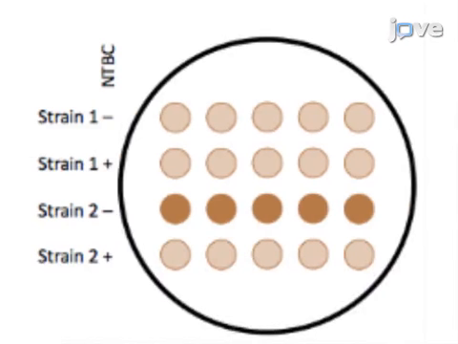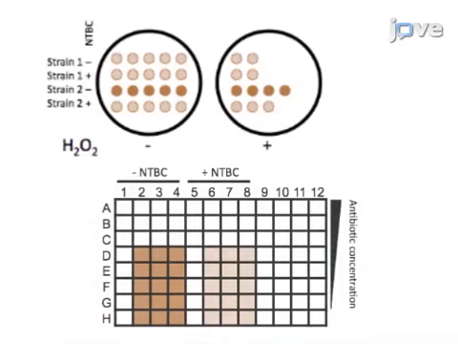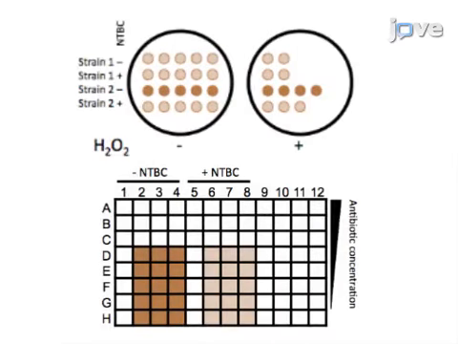Next, NTBC-treated cultures are exposed to hydrogen peroxide in order to determine sensitivity to oxidative stress with NTBC treatment. Results are obtained that show treating pyomelanogenic bacteria with NTBC leads to a reduction in pigment production and increases sensitivity to oxidative stress while having no effect on antibiotic MICs, based on oxidative stress response spot plates and microtiter MIC